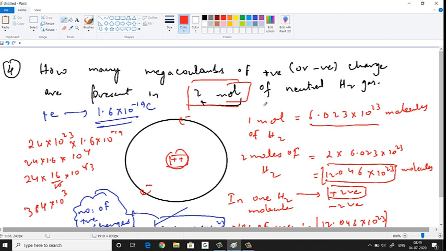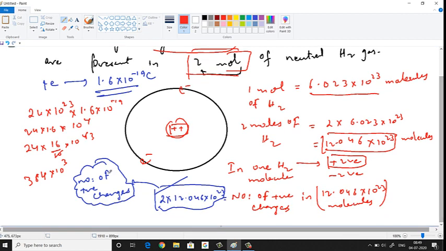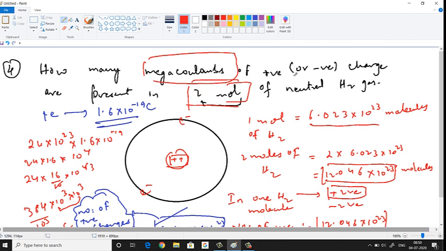But we have to write in terms of megacoulombs. That means you have to make this 10 power 6. So to make it 10 power 6, what should you do? Multiply and divide by 10 power 3. So 10 power 3 into 10 power 3, 10 power 6. And dividing by 10 power 3, by 1000, means what? You get a decimal point here. So the answer is 0.384 into 10 power 6. I mean 10 power 6 of course. That I'm going to write as mega. Mega means 10 power 6. So together you'll get 10 power 6 here. Right. So that I'm writing megacoulombs. This is the charge. Finally, charge on what? This is the positive charge inside 2 moles of hydrogen.